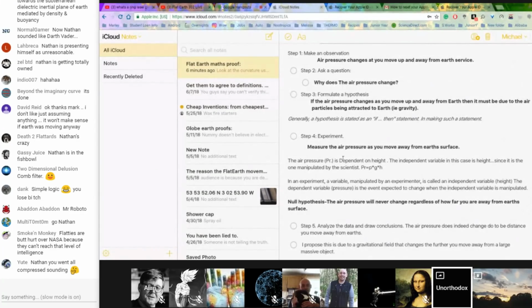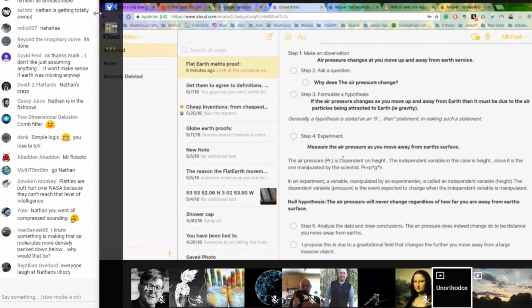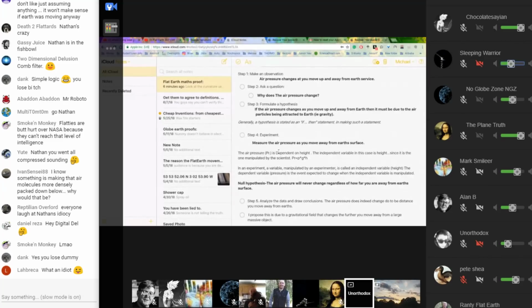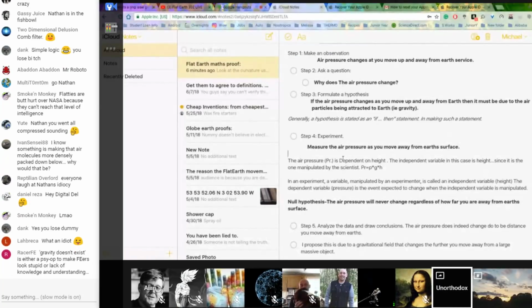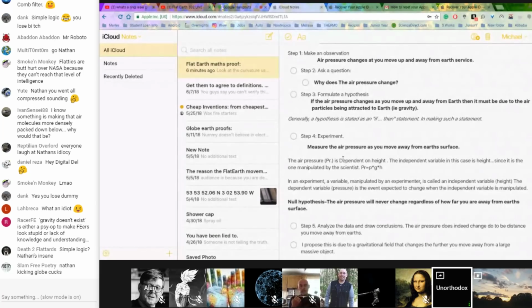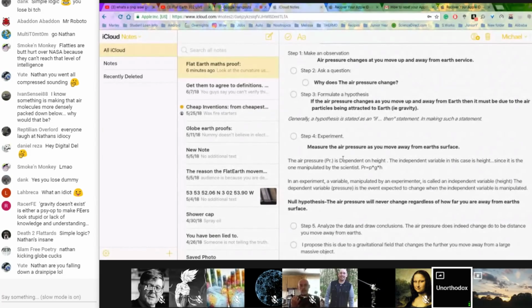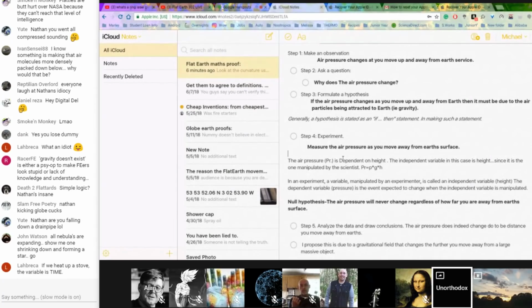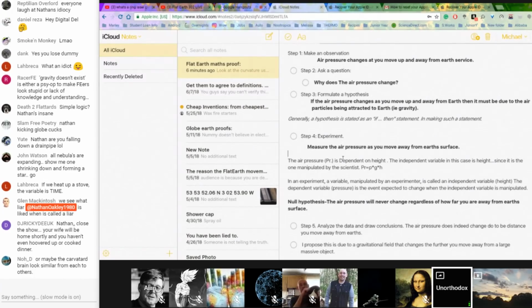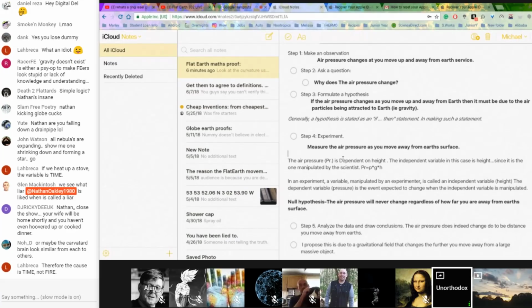Your variable is height. Therefore, your independent variable is height. Therefore, the effect it has on your dependent variable is that it changes the pressure. So therefore, your cause is height. Exactly. So not gravity then. So when you said I've come on and proved gravity by scientific means, what you actually meant to say was I've proved absolutely nothing. No, I've proved if you move away from Earth, the pressure decreases, meaning there's less...